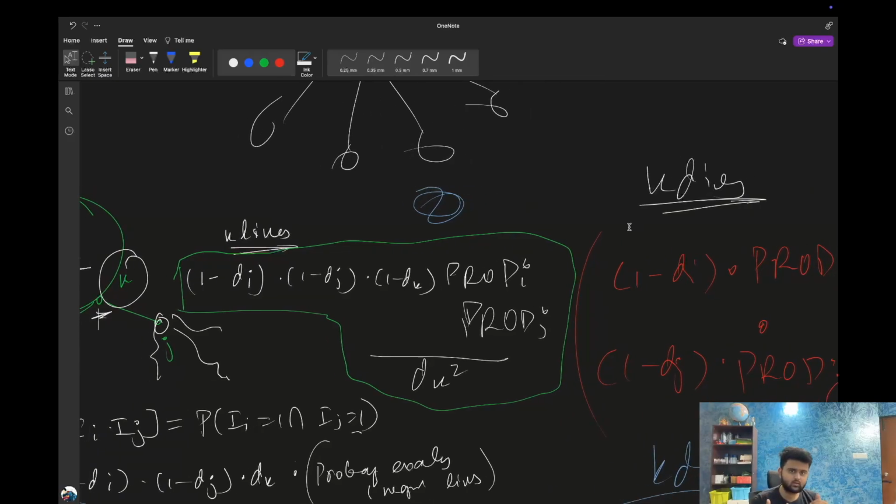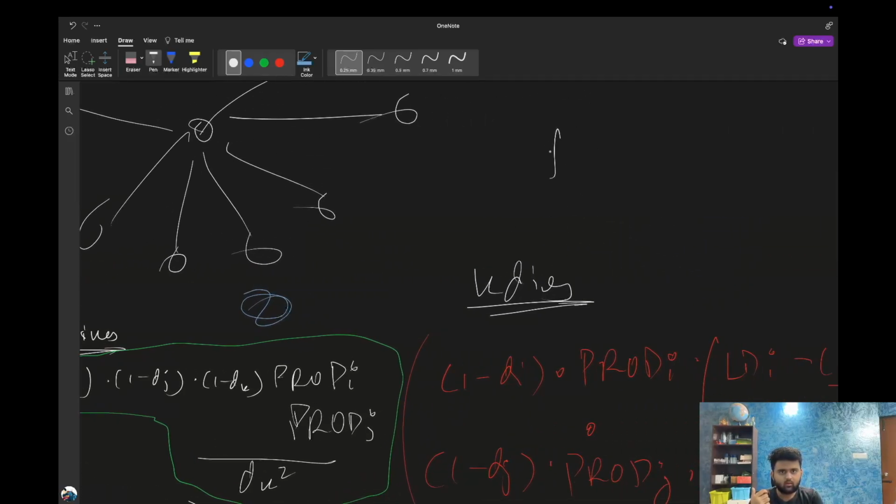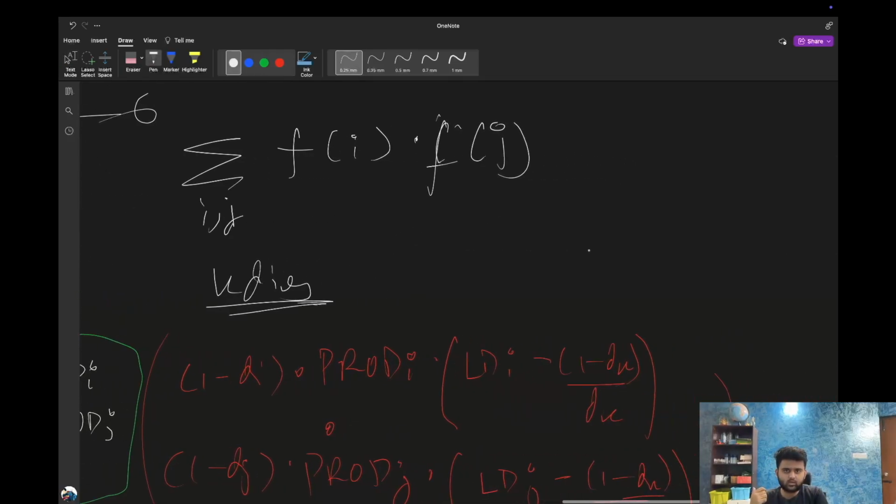And since these two sums can be represented in the form summation ij fi fj, you can use this neat trick